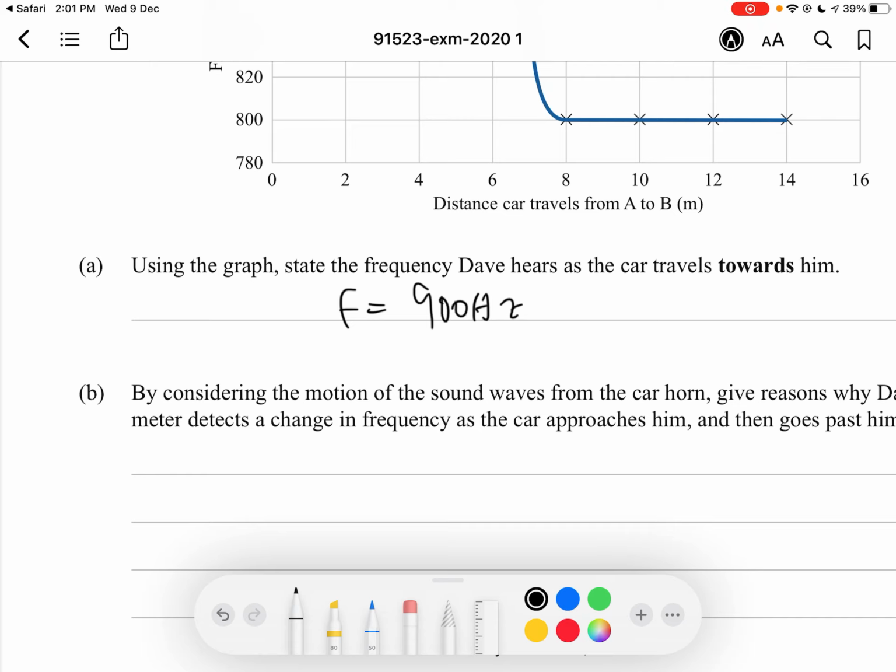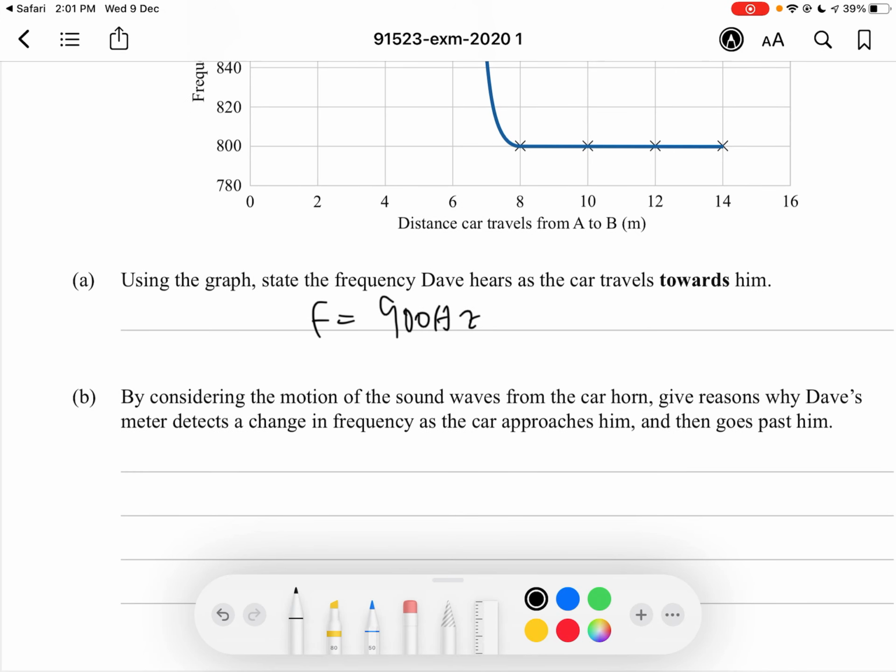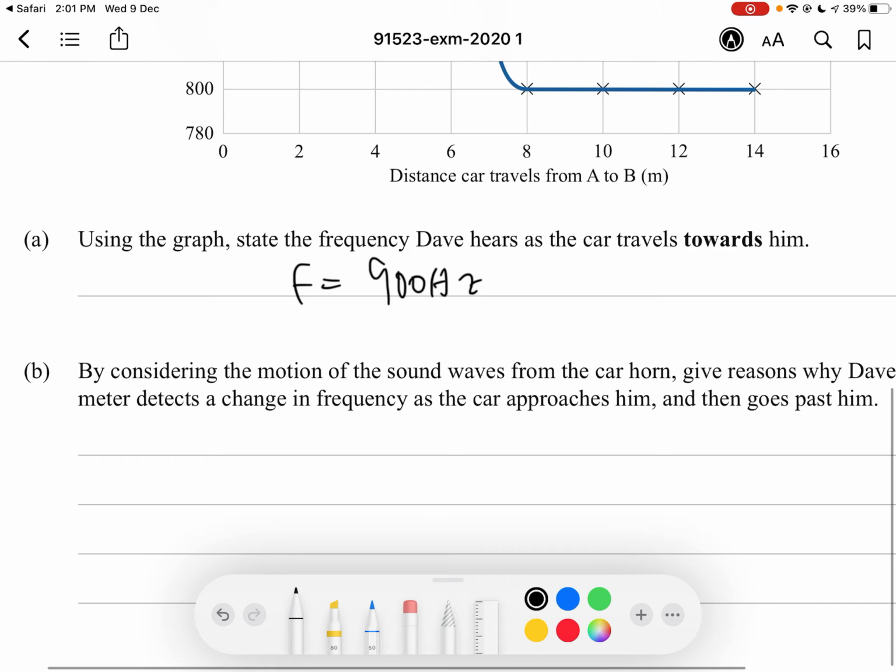When the car is directly passing him, there's no relative velocity either away or towards Dave, meaning he's going to hear the exact same frequency as the driver. After the car goes past him, he's going to hear a lower frequency, as the relative motion of the car is now away from him. The motion of the car results in a larger distance between adjacent wavelengths, causing a larger observed wavelength and therefore a lower observed frequency. I should say,